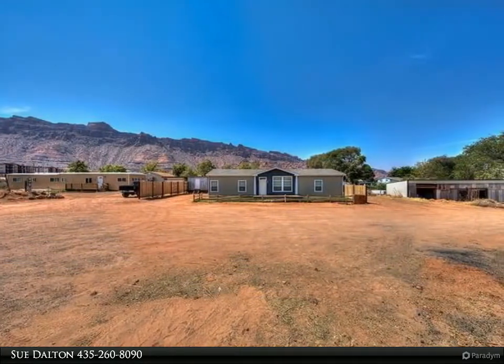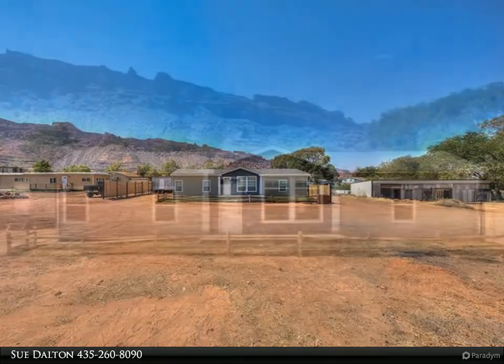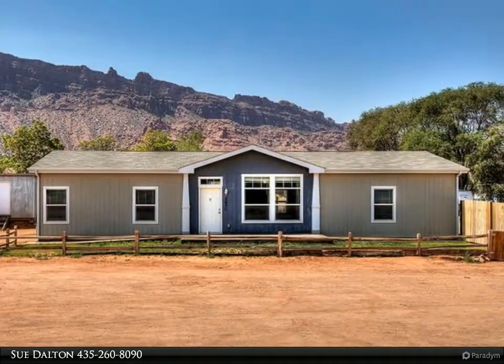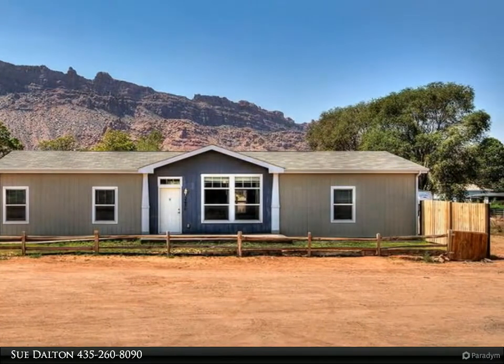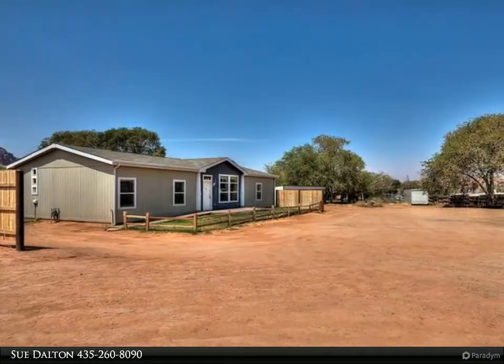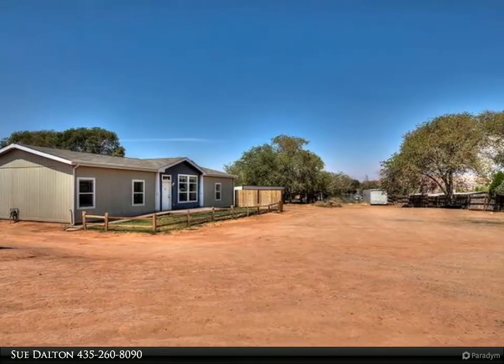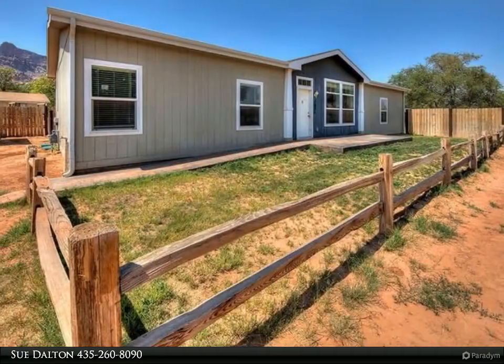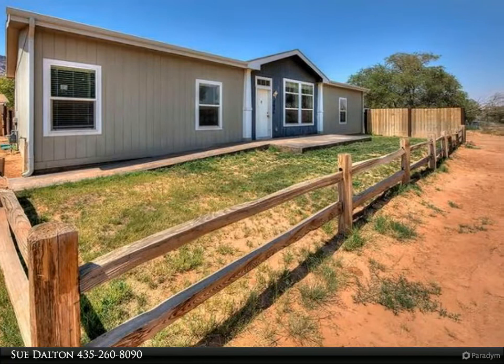This property has a beautiful 3-bedroom, 1 3/4 bath manufactured home with a great layout, spacious rooms, large windows, huge kitchen with walk-in pantry and separate laundry room. The master bedroom is on one side with the other bedrooms on the opposite side of the home. The master bathroom is a dream with dual sinks, long vanity, and an amazing 2-person walk-in shower with beautiful tile